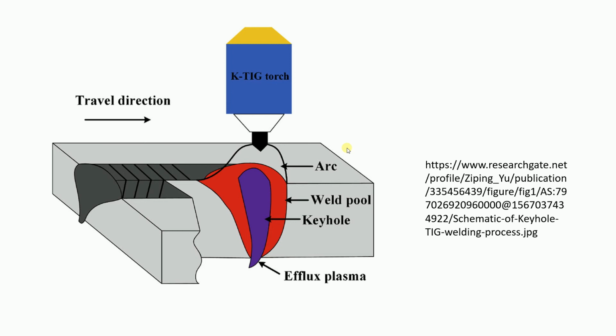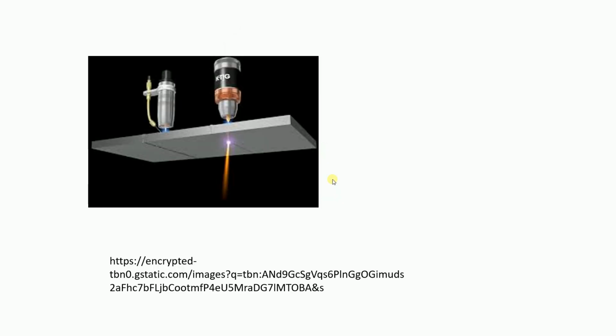Up to 30 amperes or up to 50 amperes, there is no need to go with a water-cooled torch. Normal air cooling is sufficient, because tungsten material can withstand it. If you are working with more than 100 amperes, up to 200 or 300, you should go for coolant. Water means not normal water, they use some different coolants. We call that a water-cooled torch.